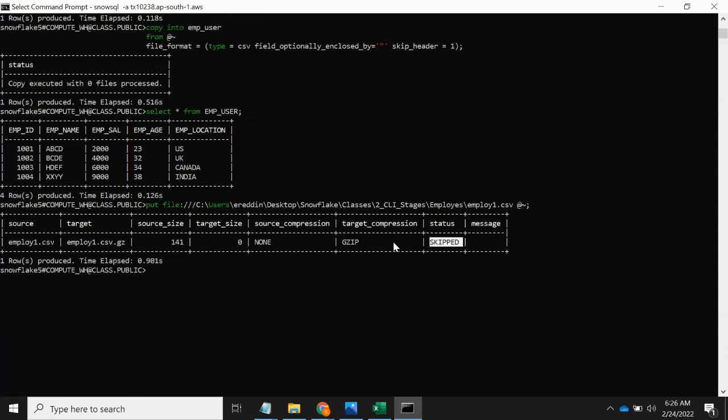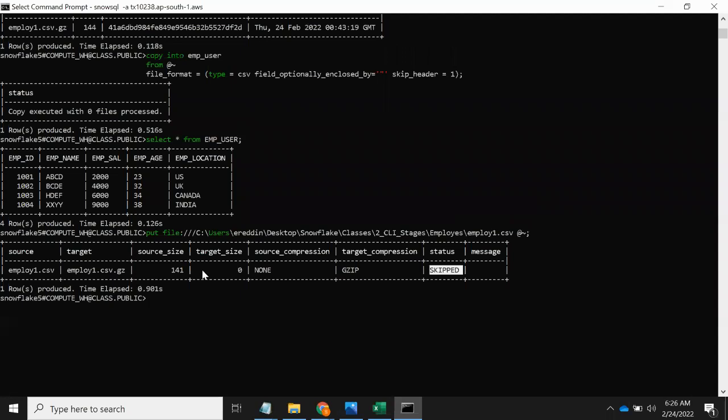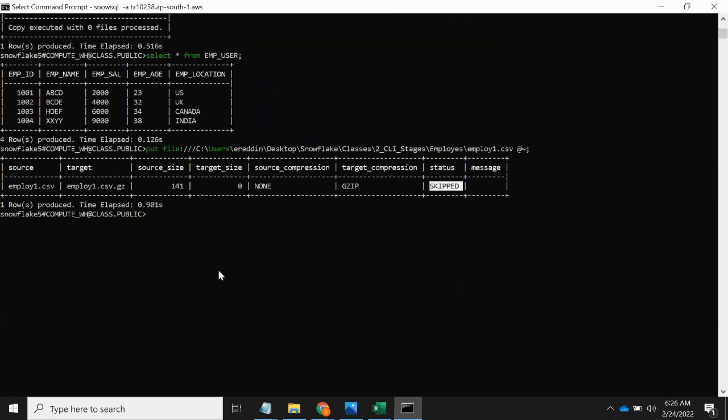If I add one more column, can I upload with the same name? You can upload with the same name, but it will be considered the same file name, so it will be skipped only. Every time we need to change the name if you want to upload new data. That is true. And one more thing: if you delete this file and the file is not available in this particular stage area,